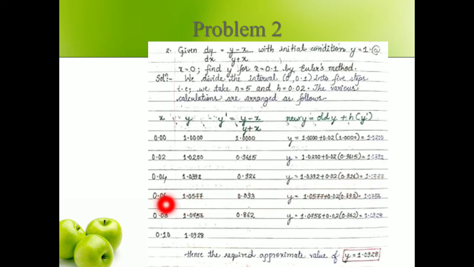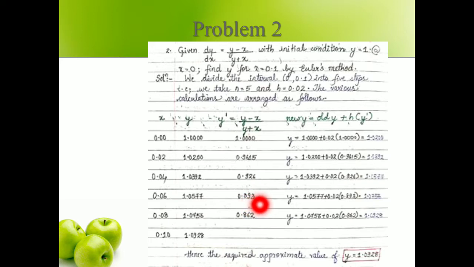Next, for 0.08, y is 1.0577, your y dash value is 0.093, your new y value will be 1.0756. So for 0.08, the y value is 1.0756, and the y dash value is